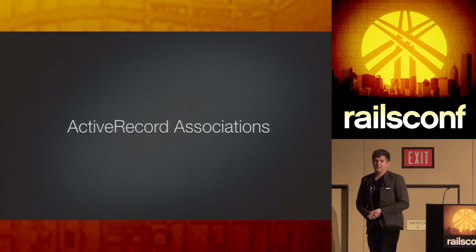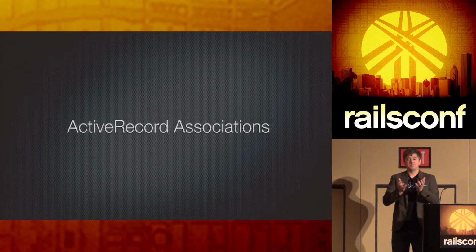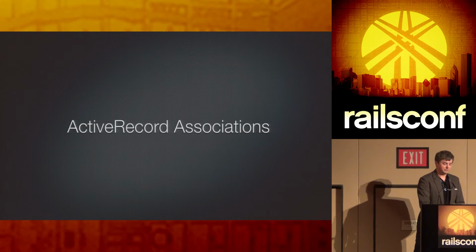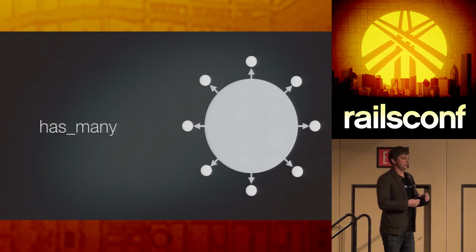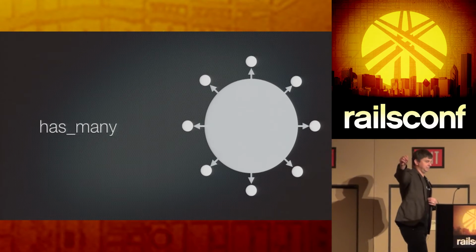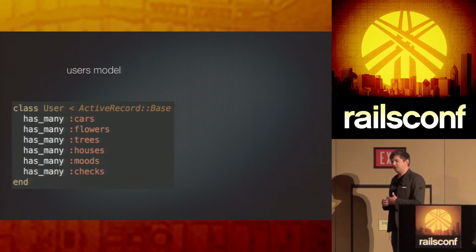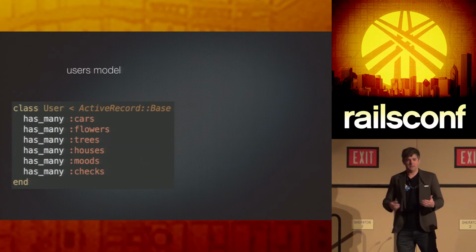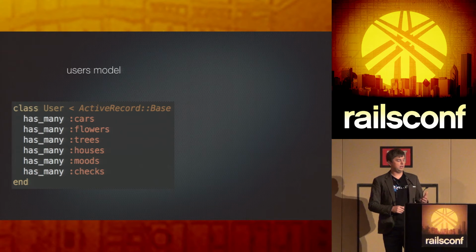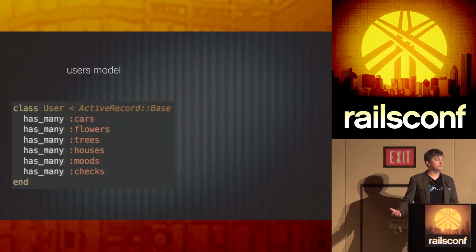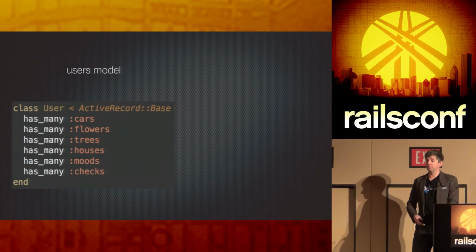And I thought there would be something else I could find. So I looked at associations. Associations are another way of expressing dependencies. In fact, I want to talk about has-manys because I find them particularly interesting. So you have something that has many. User, maybe. Since I assumed it was user, I want you to read this code and, kind of reflecting on yesterday's keynote, I find this file very readable. The user has many cars, flowers, trees, houses, moods, checks, hopefully. I think we can agree that's very readable. It makes a lot of sense, and we can